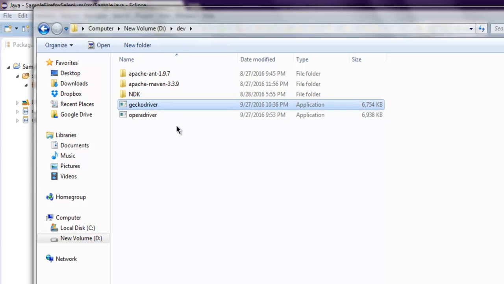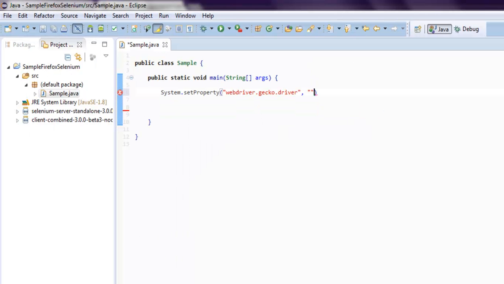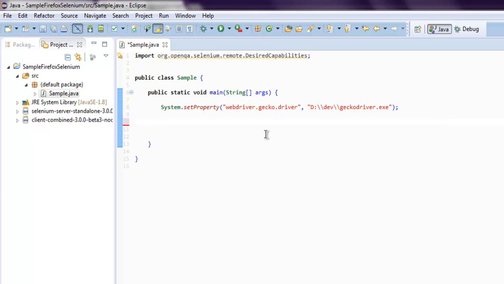So select that executable, use shift key and then right click and find that path, and then copy that path into your setProperty here. Okay, just remove additional quotes. You can use double slash so that it will recognize. Okay, finally semicolon. Okay, now the next thing we have to do here is we have to call for DesiredCapabilities